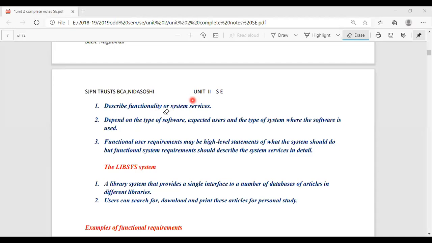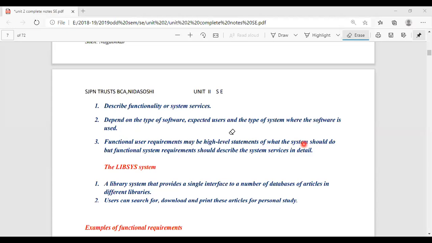So the functionality depends on what? It depends upon what type of users are going to use your software and which software architecture you are following. Then functional user requirements may be high level statements of what the system should do, but functional system requirements should describe the system services in detail.